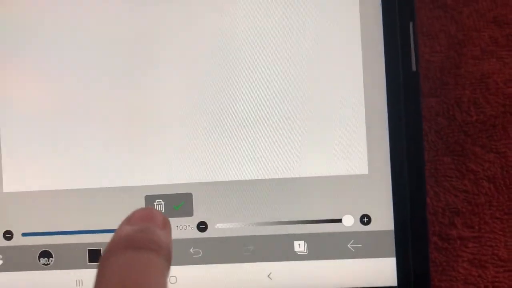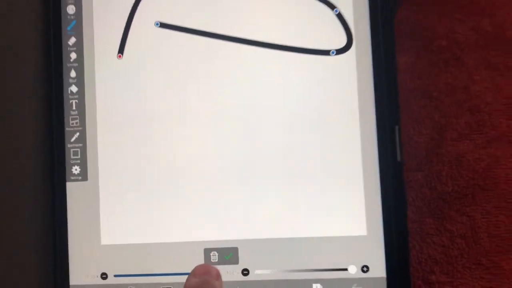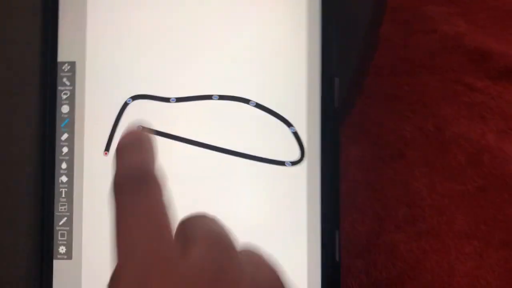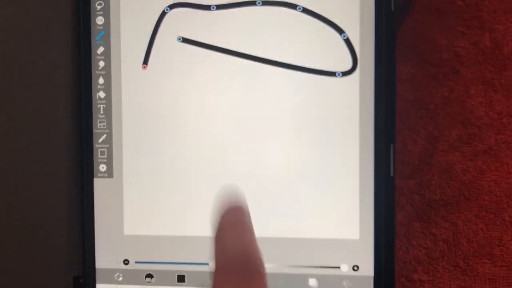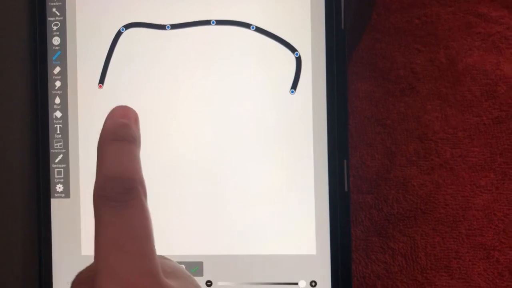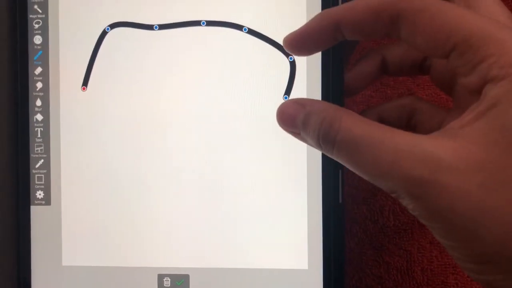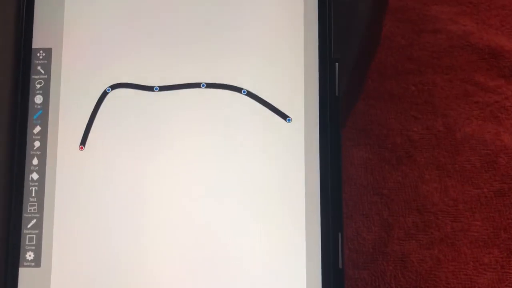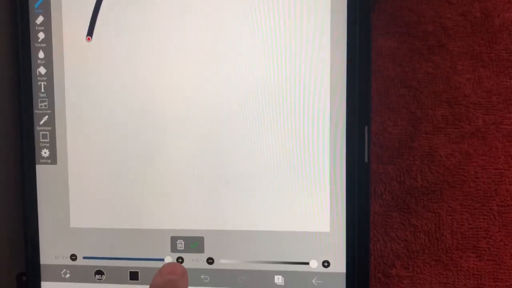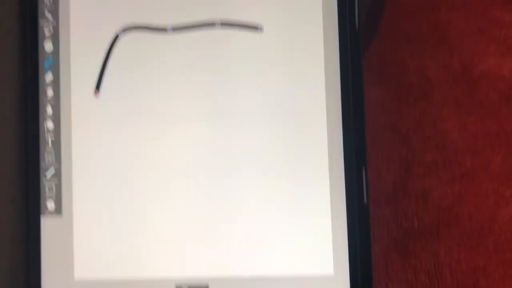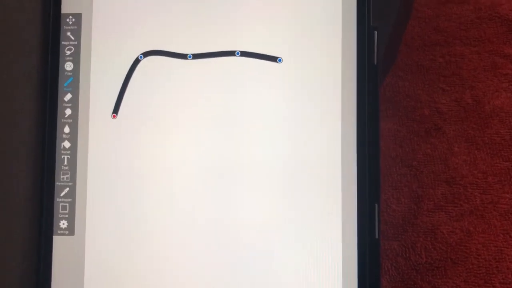You can use this delete option backwards to delete the number of points that you have drawn latest. So if I want to delete the last point I have drawn here, I'll click the delete option once. This will delete the last point. If I want to delete these 2 points as well, I'll press the delete icon twice, 1 and 2. So here you can see that the delete option is used to reduce the number of points on the canvas. You can choose the tick option after you confirm the curve on the canvas.